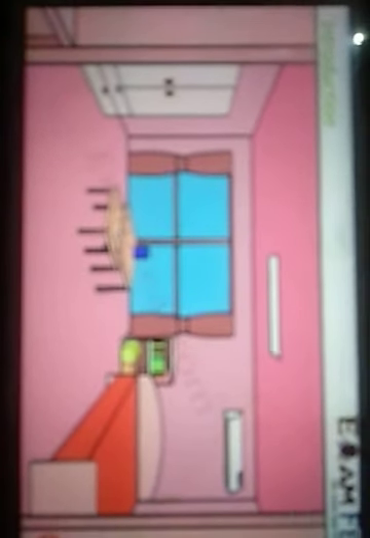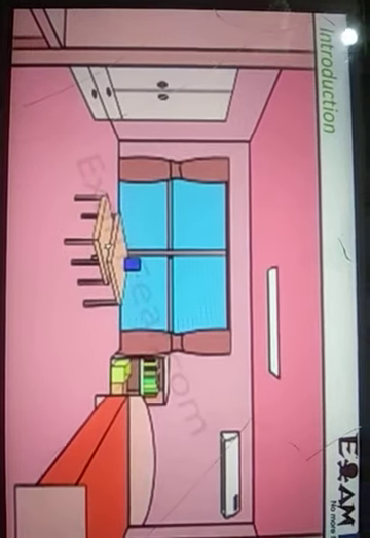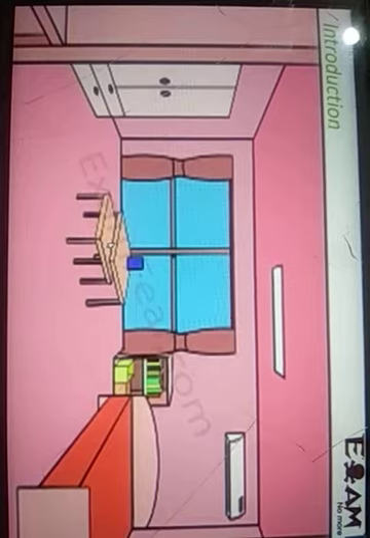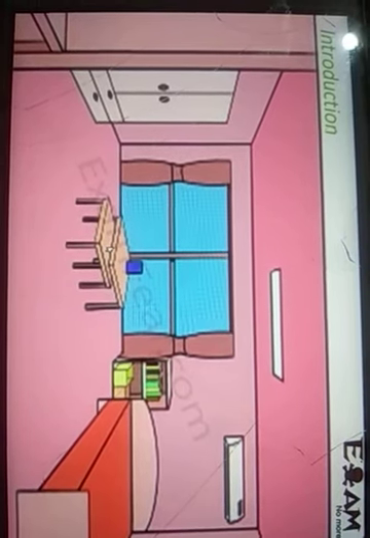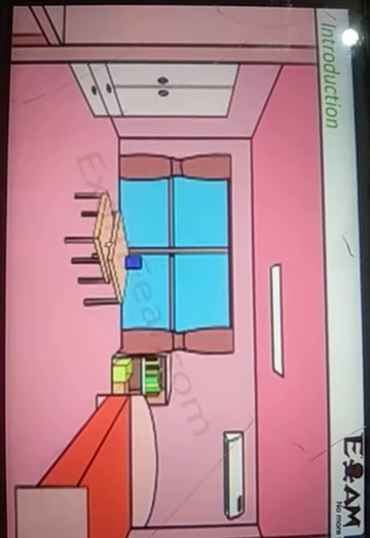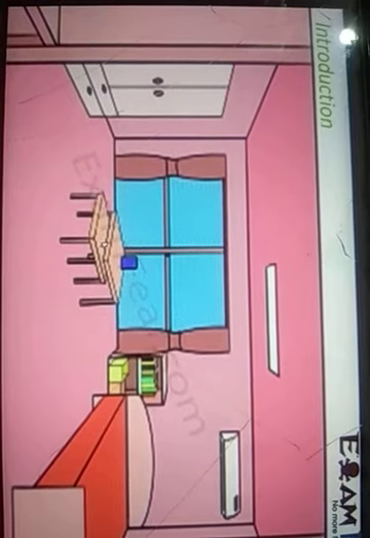Now when I say that the bulb is glowing, what do we mean? That there is electricity. That's how we say it. There is electricity. There is a power cut. That's why we can't see anything. Now again, when the power is back, electric current is flowing, so you have your lights on. So that is something where we use the term current in our day-to-day life.